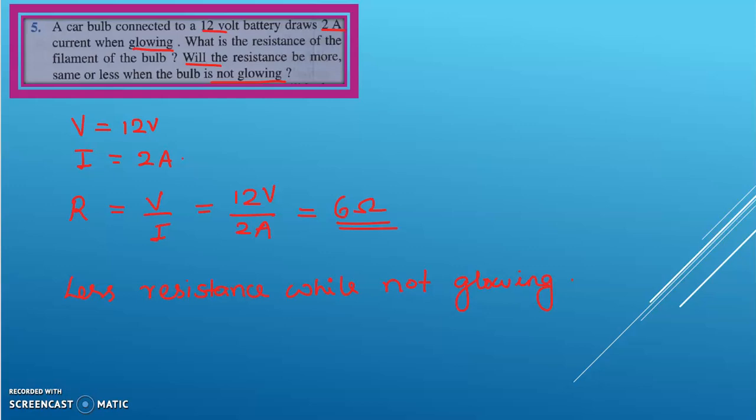This is how we have to solve Ohm's law related questions. So we have only a single equation to apply in Ohm's law, V equals IR. So according to the data given, you will be able to rearrange the things and solve it. And every time remember that the units should be in SI unit. So while copying the data, make sure immediately you convert everything into SI unit.